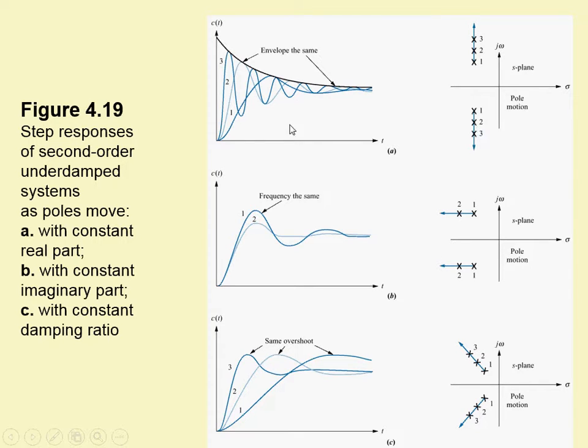So if you move the poles to the left, the system becomes slower. Wait a second. The system becomes faster, and then if you move it over here, then the system becomes slower. See here? Now, if you move it on a diagonal like that,